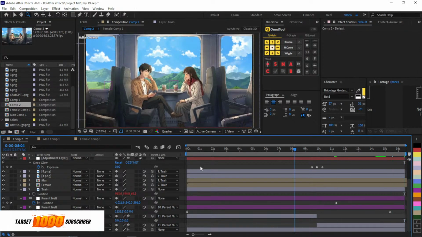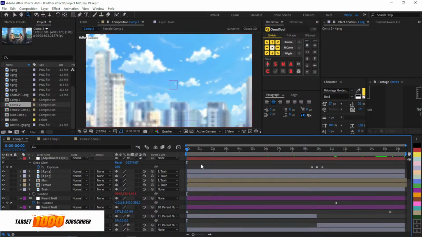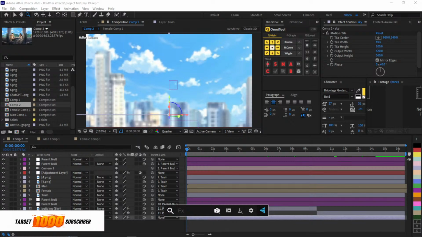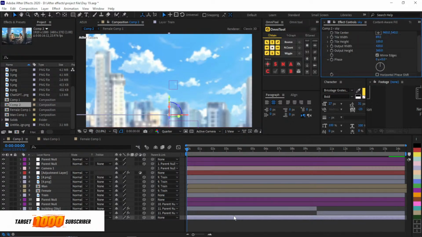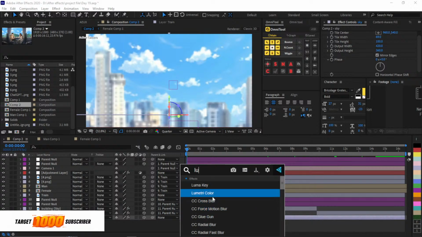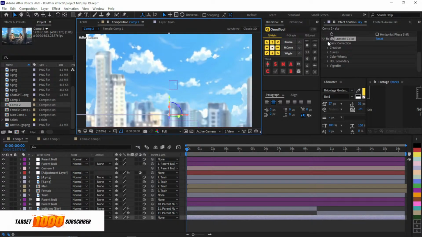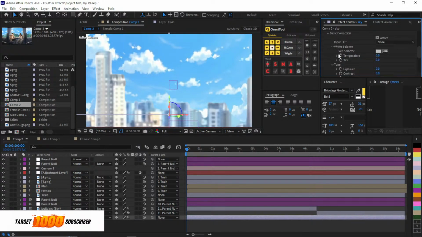Okay, so now add the Lumetri color. Lumetri color, make it full. Go to the basic correction,